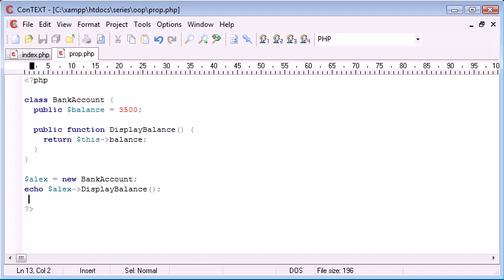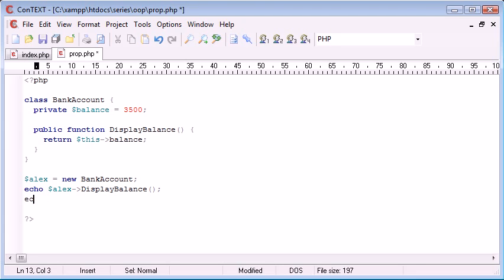Now, why do we do this? What's the reason for our public, protected and private keywords? If you were to have a variable inside here, such as the bank account balance, that you didn't want to allow to be displayed on its own, you can set the type to private, and this means that the integer as a whole, or the variable in general as a whole, can't be accessed outside unless a method within returns that value. So for example, balance we want to keep as a private value, so we can't say